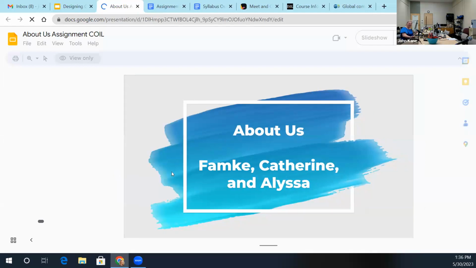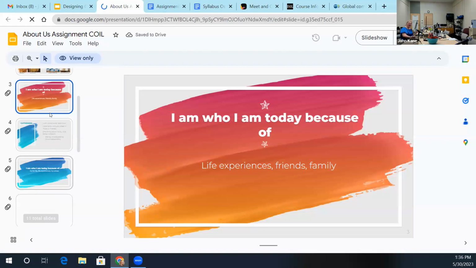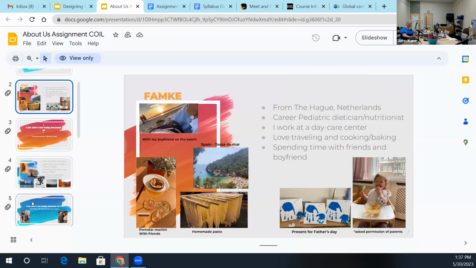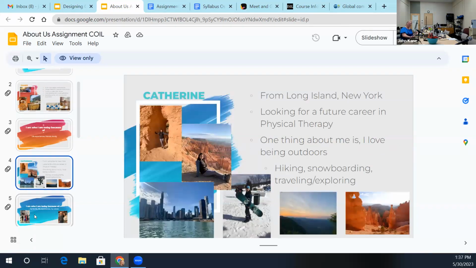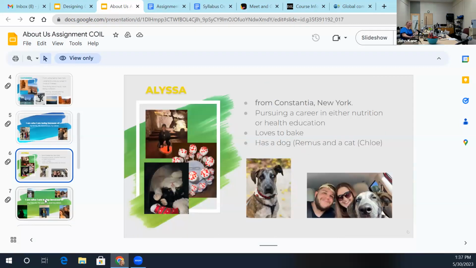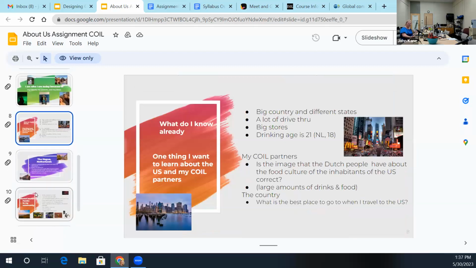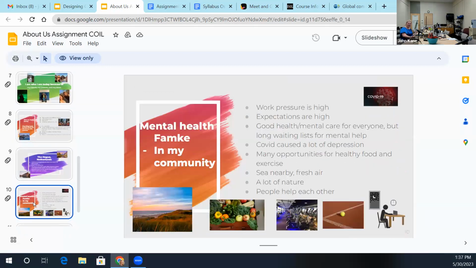And then student example, like I said, was given permission to use theirs. So you'll see here, they show their photos, where they're from. So they really put effort in, and they really show who they are, and they really collaborated. So it was a really great experience, and we had a lot of different,